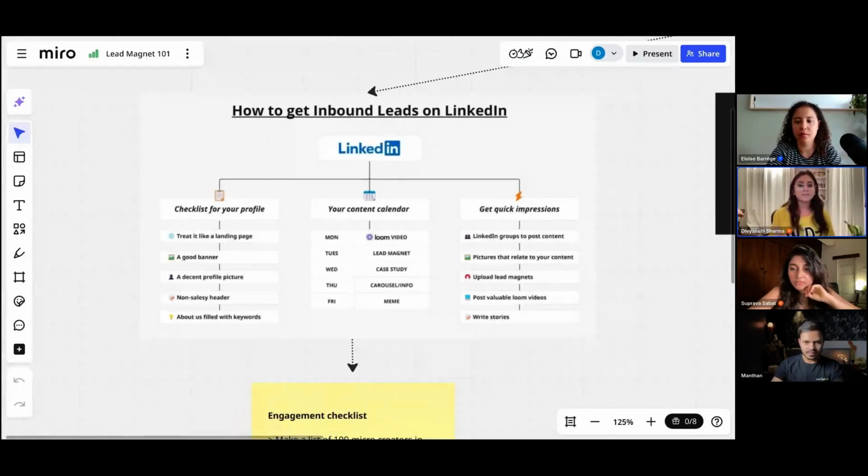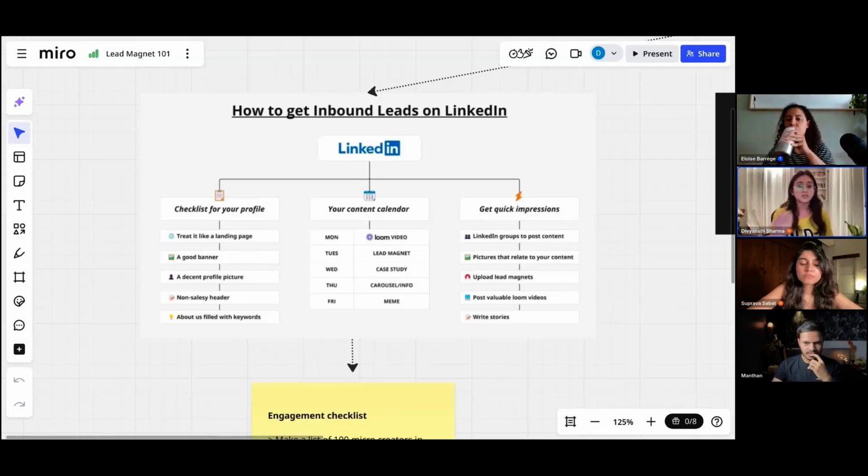Now let's talk about the banner. People have this huge mindset block that if we are going to build our LinkedIn profile, we need to have a good graphic and all that stuff. We need to hire a graphic designer. That's not the case. If you have a look at our LinkedIn profile, we have used a basic Canva graphic and we are good to go. You just need to go to Canva, take a basic template, put in your offer, and you're good to go.